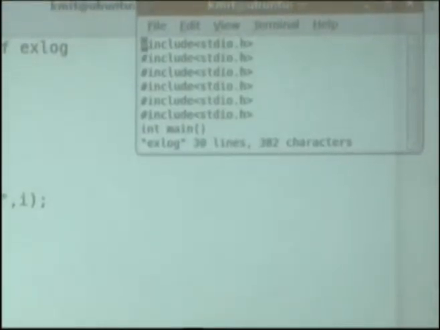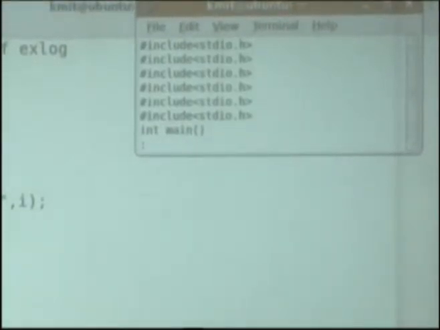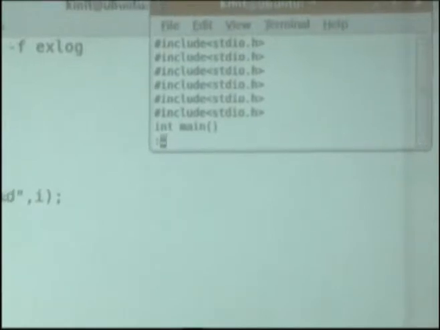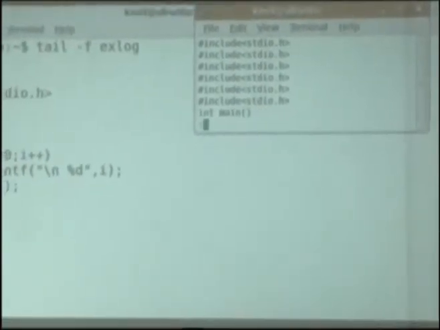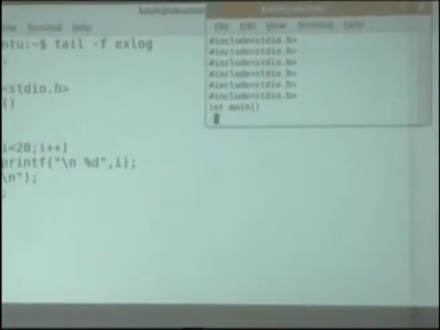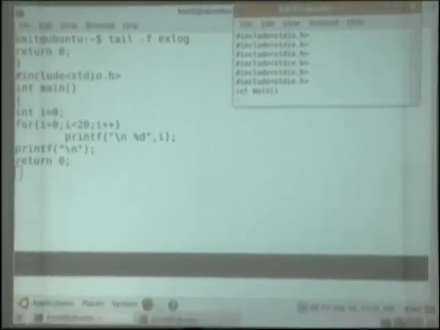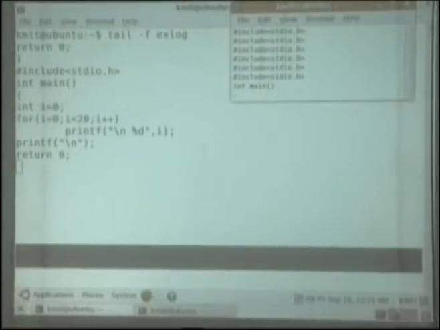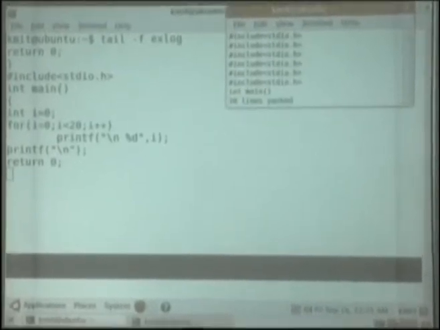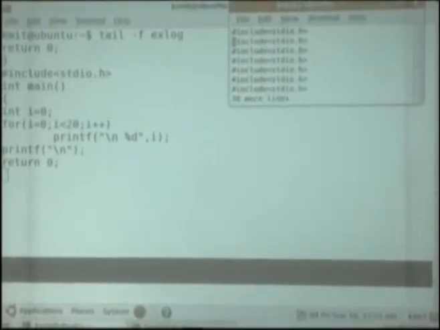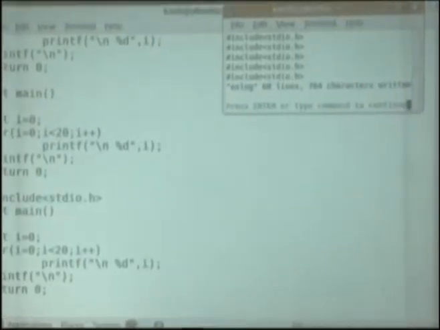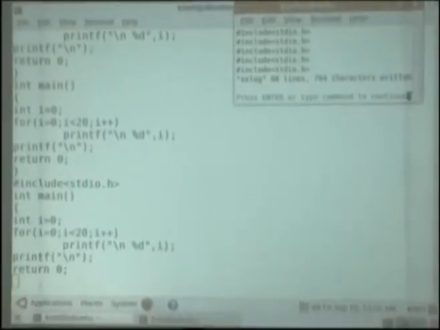Now I'll just yank the first 30 lines and copy. I'll copy 30 and paste 30 lines. So 30 lines are pasted here. I have written, and see, when I have written, here the growth has been shown.